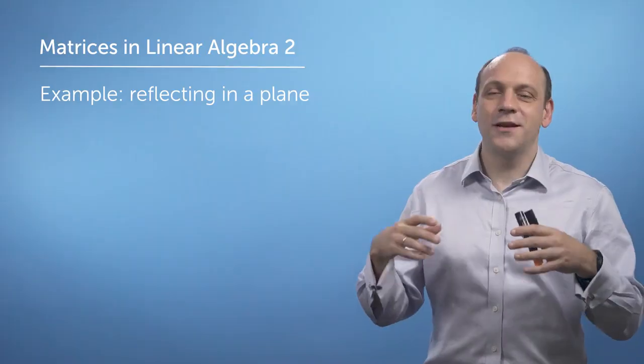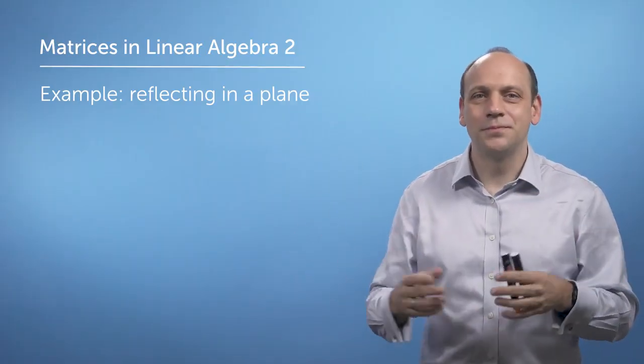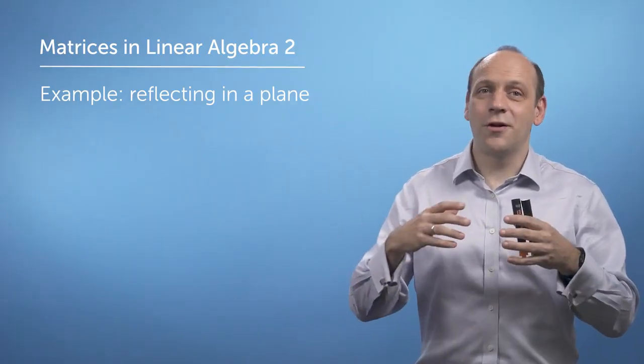Okay, so let's put all this together. Let's use our transformations knowledge and our bases knowledge in order to do something quite tricky and see if we can't actually make our life quite simple. What I want to do here is know what a vector looks like when I reflect it in some funny